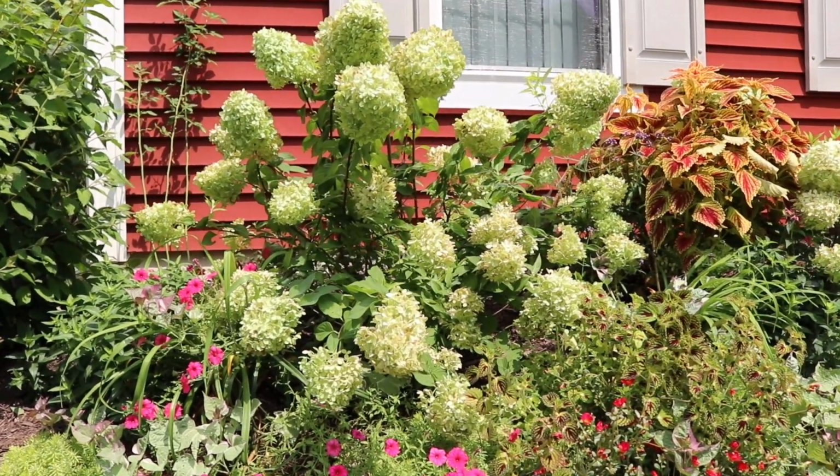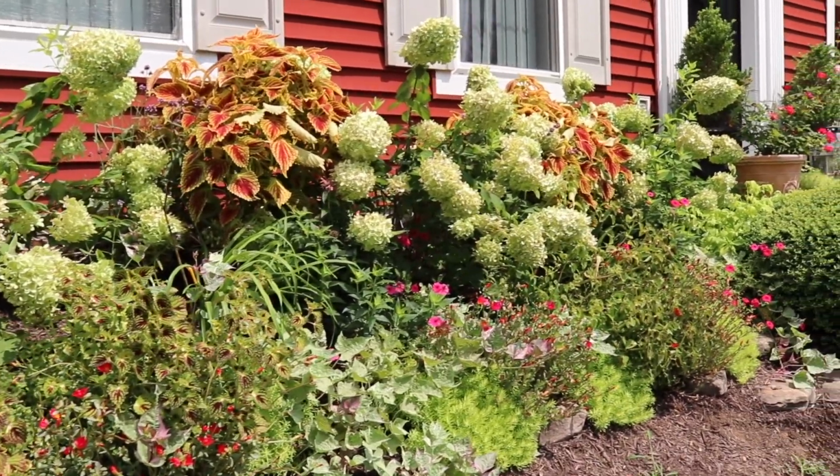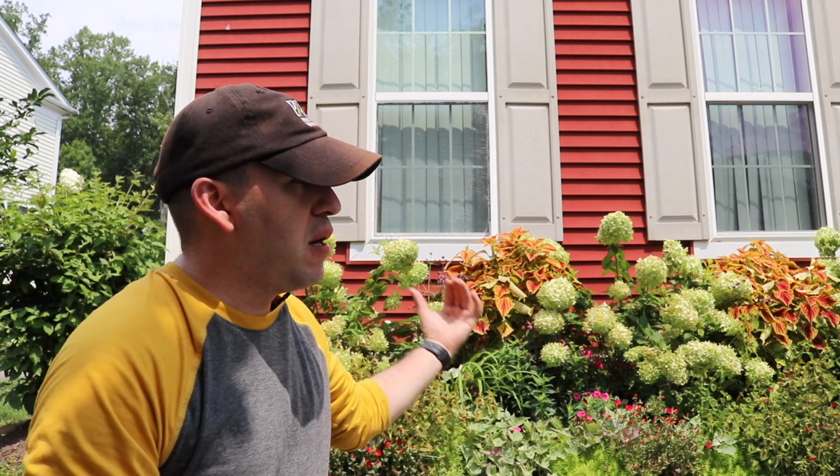But as you can see, the big difference from here, these guys look a whole lot better than when we started. The plants underneath can actually breathe now, and we can actually see what's going on. As far as watering too, because that's one thing we do want to monitor, is to make sure that everything's getting equal amounts of water, and we couldn't really tell too much with the hydrangeas flopping like that. Obviously the plants are growing, they just look